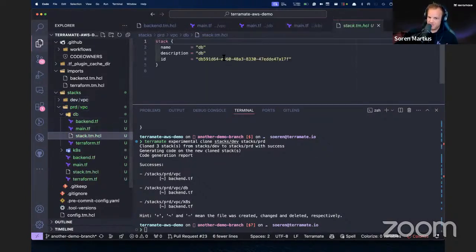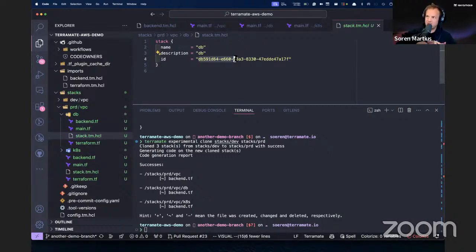And it basically updates those IDs here for us. It regenerates the code, etc. So this is one way of managing environments in Terramate. You can use a directory-based layout, but you can also use workspaces, for example, right? Because Terramate doesn't wrap Terraform in any sense. You can basically run whatever command. So now if we look at Git,